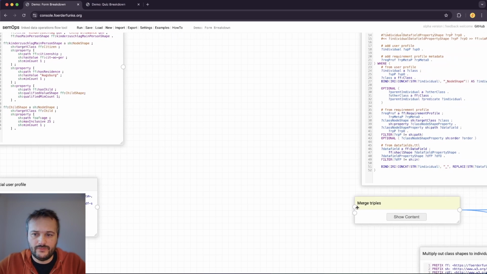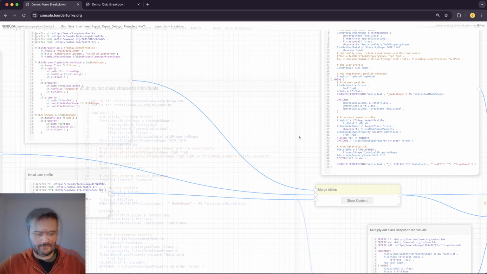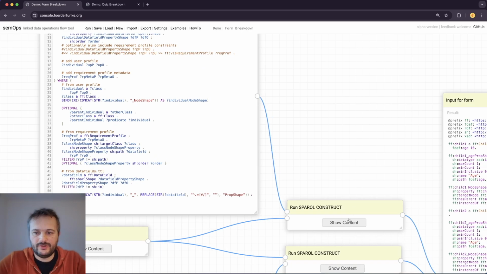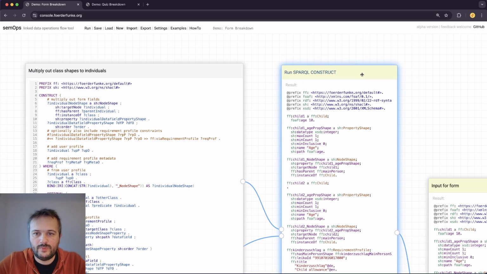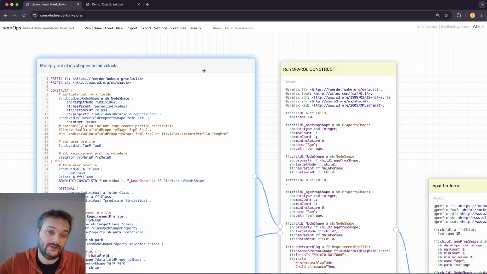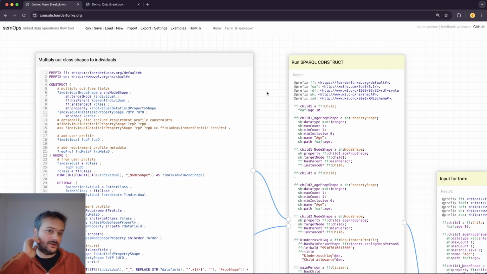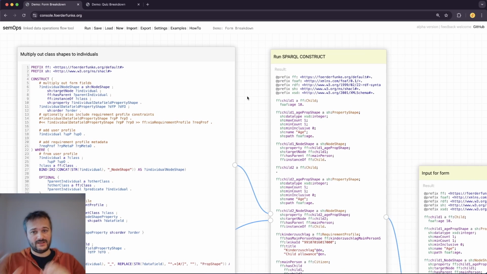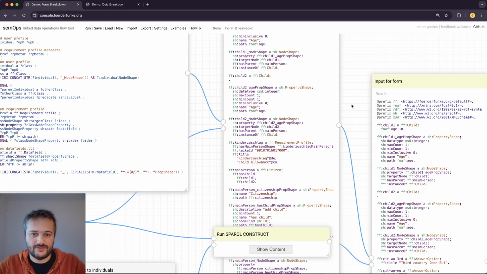For that, we first need to merge these three ingredients. Okay, let's see what's going on here. This big SPARQL query, which took me a while to figure out but was quite nice to tinker around with here in SemOps, multiplies out the class constraints to the individuals we have. So the class citizen and the class child, now we have to break it down to the concrete individuals we have. So for instance, the